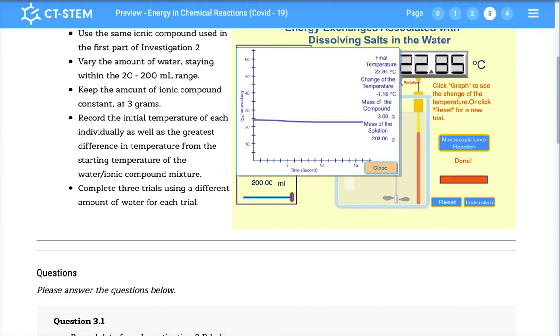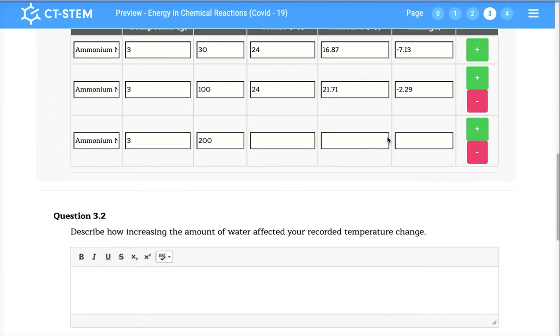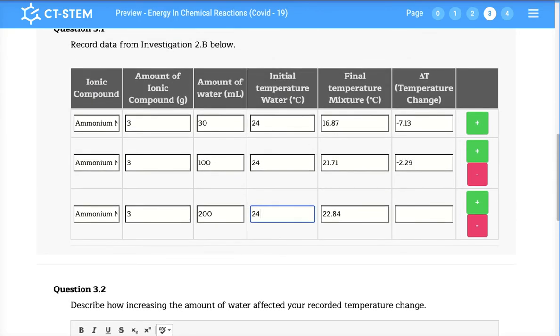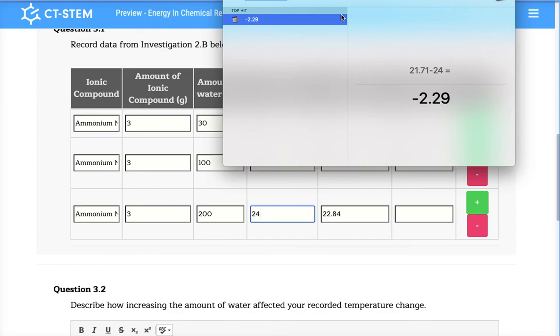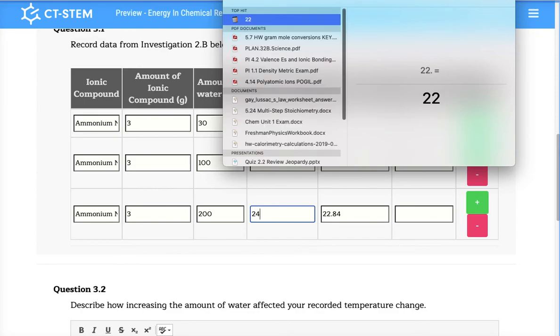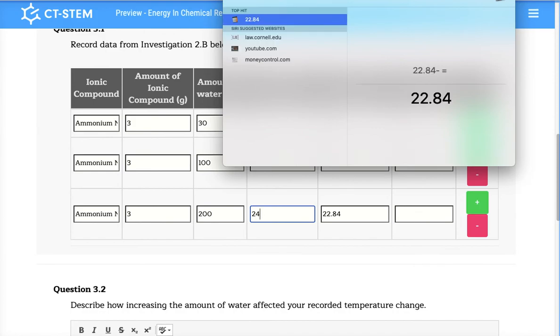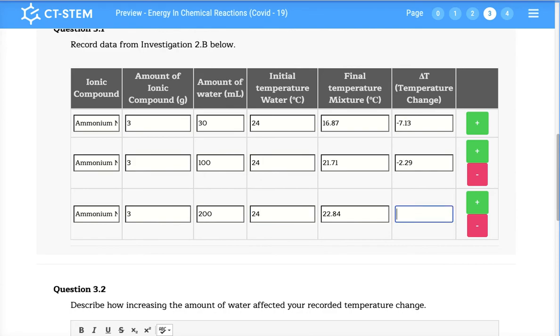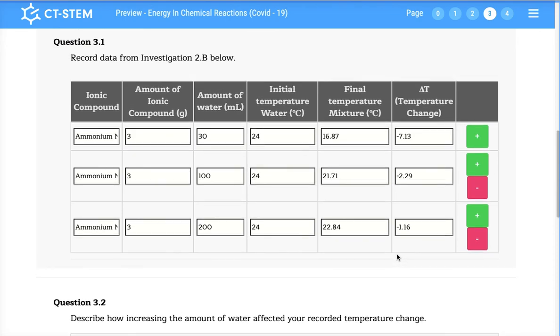Okay, so 22.84 as the new temperature. My initial temperature was 24. Okay, so I'm just going to do the math again. 22.84 minus 24, and we get a difference of negative 1.16. Okay. All right, so these are our values for